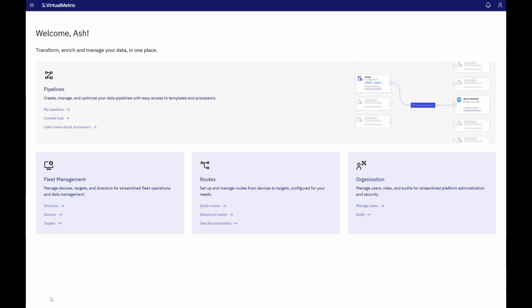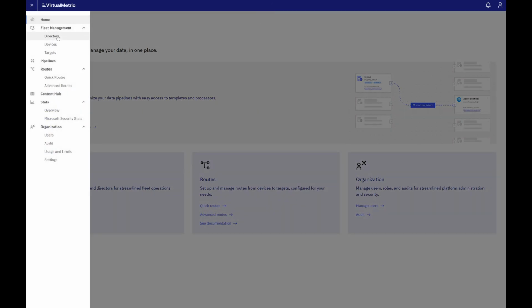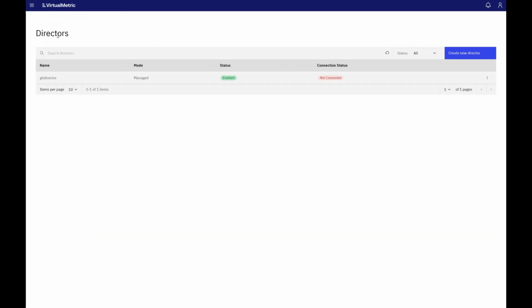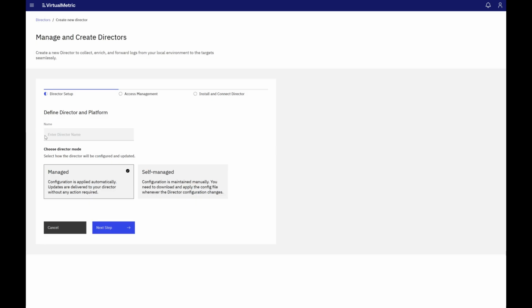There are two ways to add a new director, via the link at the bottom on the home page in the Fleet Management section, or via the hamburger menu at the upper left corner of the screen. We will use this way. In the screen that opens, a list of installed directors is shown. You can filter the list to only show enabled or disabled directors. At the right upper corner, I will click on the Create Director button to add a new one to the